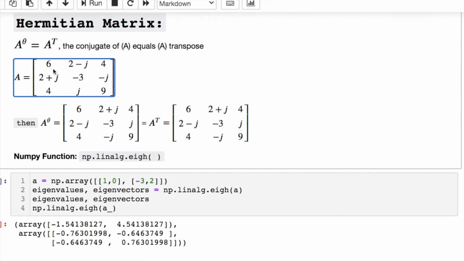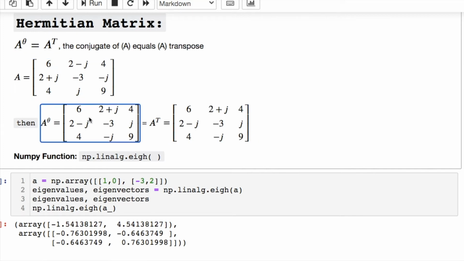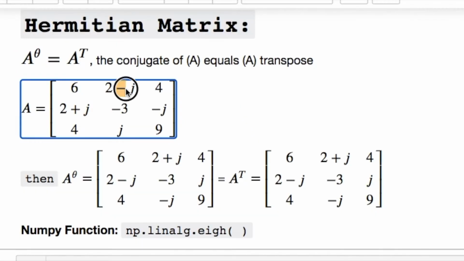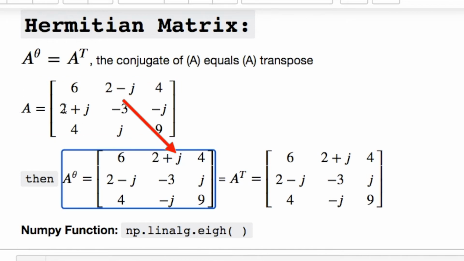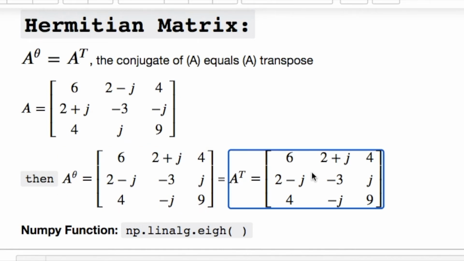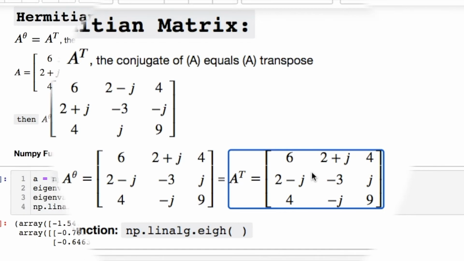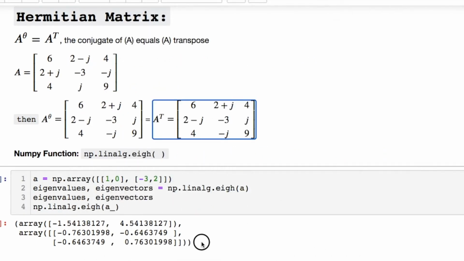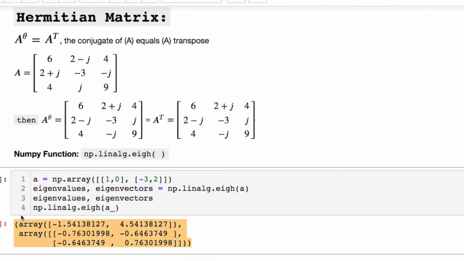For instance, if we have A here and we take the conjugate of it, this negative j becomes positive, this positive becomes negative, this negative j here becomes positive, this becomes negative. You take the transpose of it, and if they both equal, you have a Hermitian. Notice that the results here are not the same with this same matrix we're using. There is a distinction, and there are other eigenvalue functions that you can use within NumPy. I suggest you read the documentation.